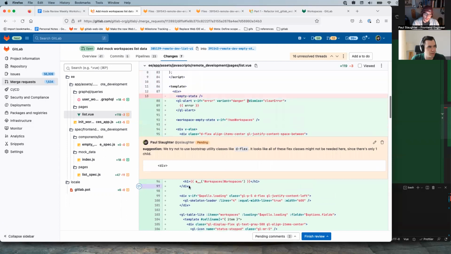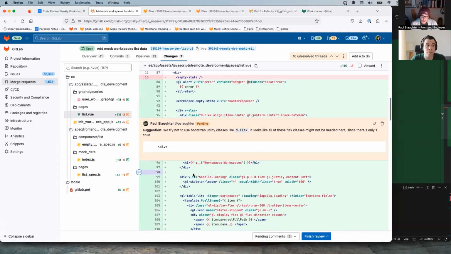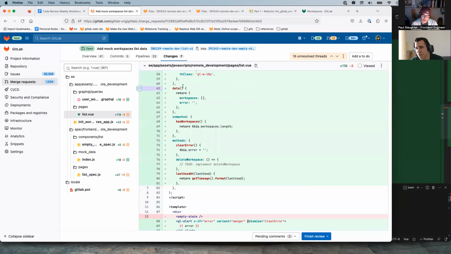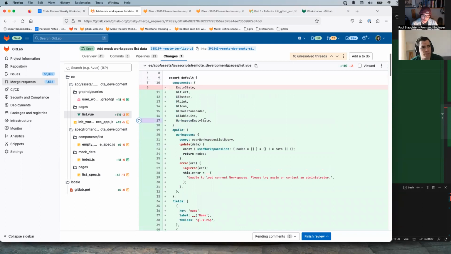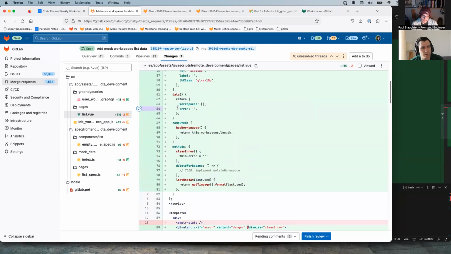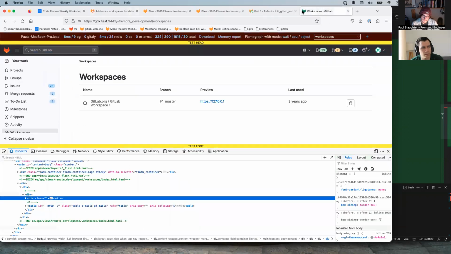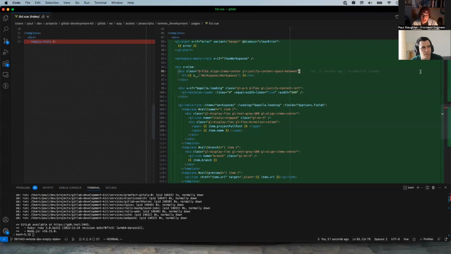Okay. One interesting thing I'm noticing is that we won't be showing the loader unless we have workspaces. That could be intentional, but it doesn't have to. Right. I want to force the loading state somehow. I don't know how to do that. How can I do that? Man, I don't know how I'm gonna do that.